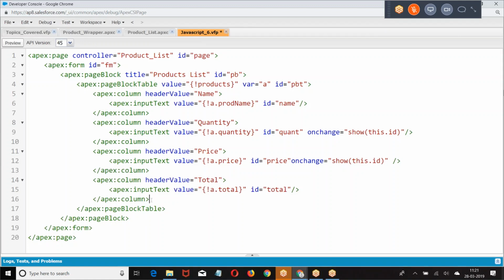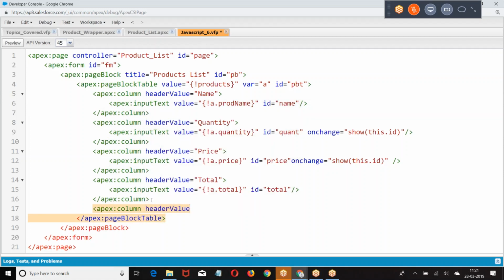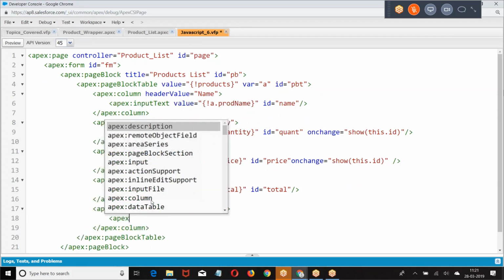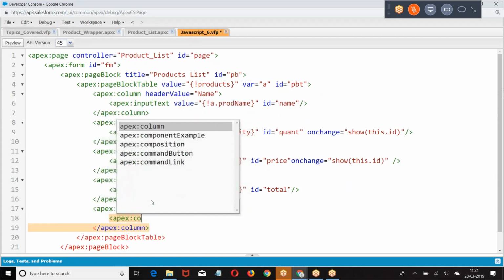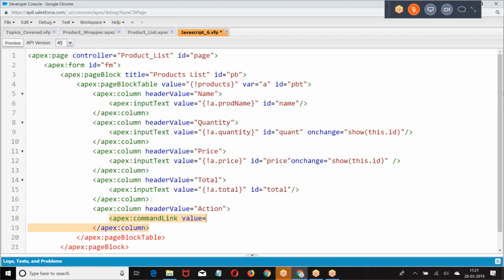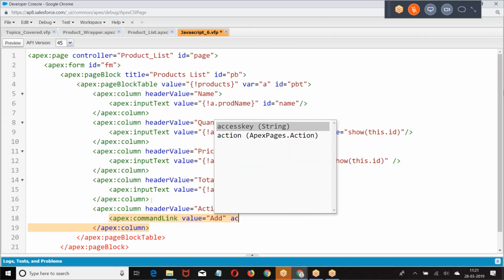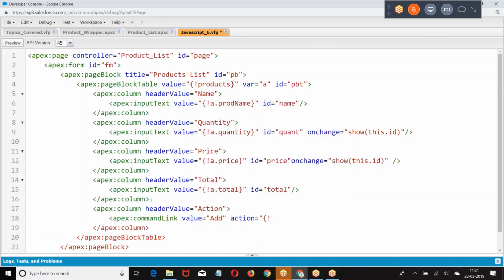At the same time, I'm adding one more column here, fx column. Action.